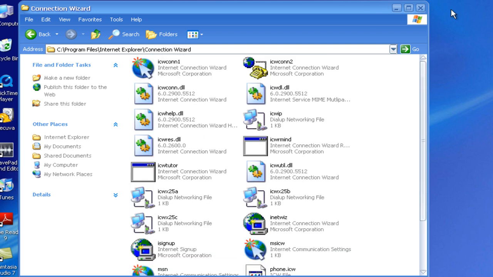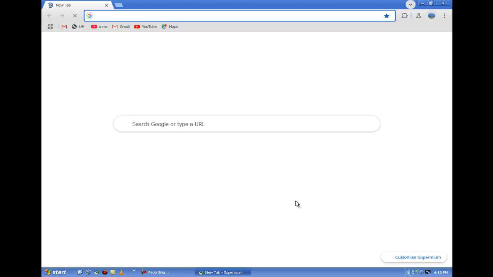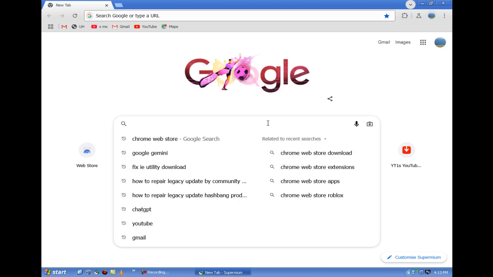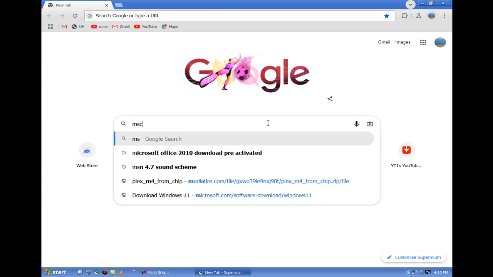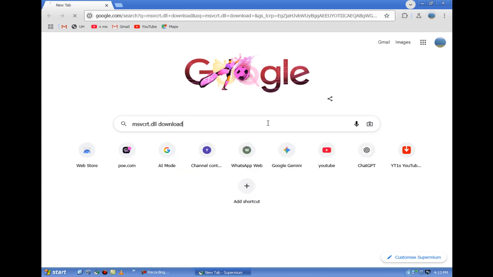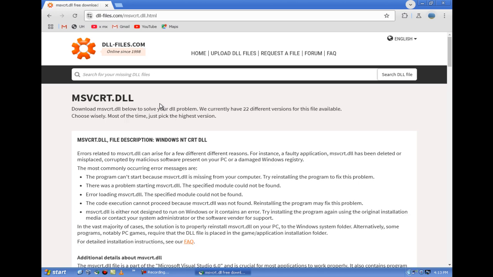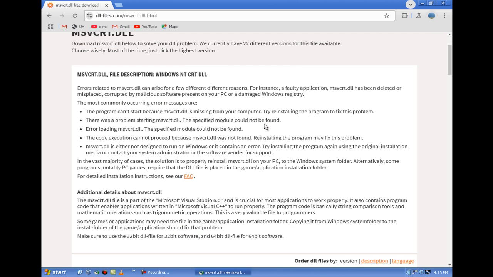What I can do is download the msvcrt.dll file. I'll open up Subminium. Next, in the search bar I'll type in msvcrt.dll download. Click on this link here, it will download this, and next